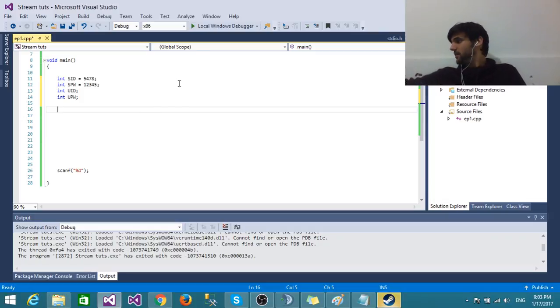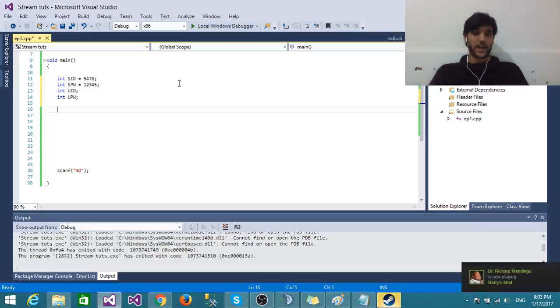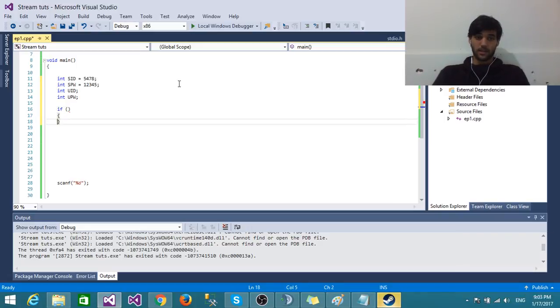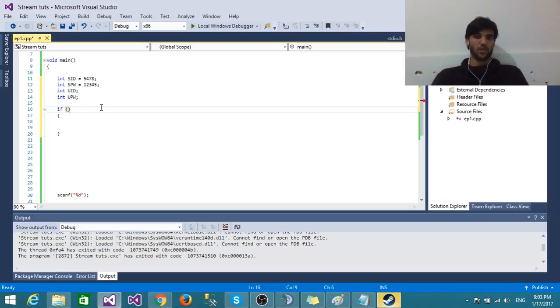So how do we actually write it? I'm going to close this because this is bothering me. So how do we actually write it? So we have an if, and then we put brackets. And then, after we put brackets, we put curly brackets. I will explain everything. Don't worry. Now, an if statement basically is asking inside these regular brackets for the condition. It checks if that condition is true. So inside here, obviously, we want to type in SID, so stored ID, equal to